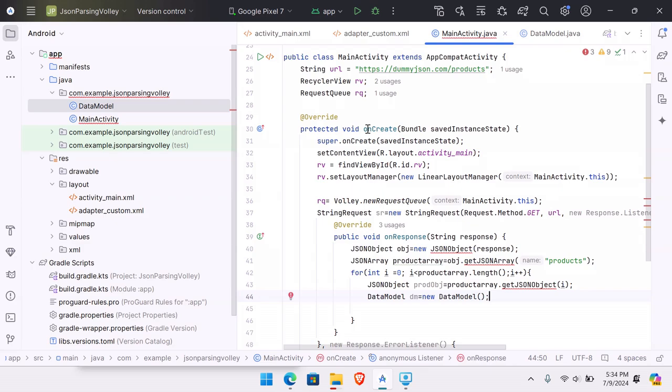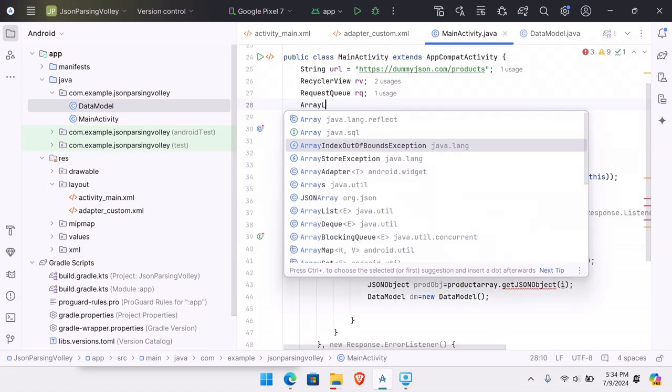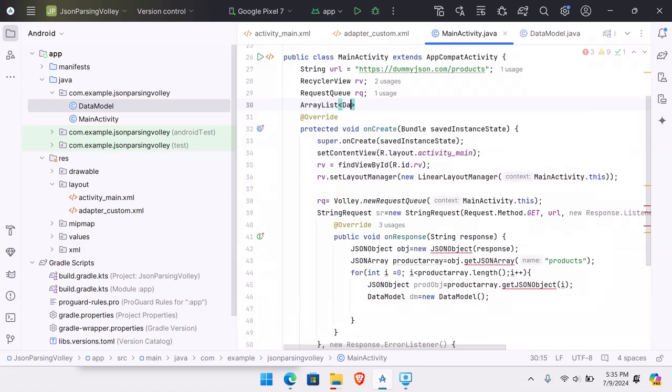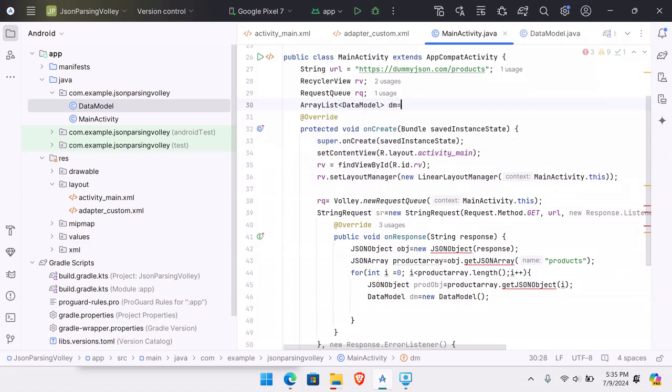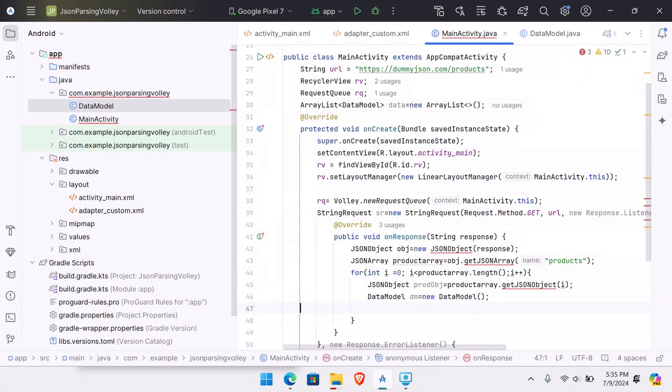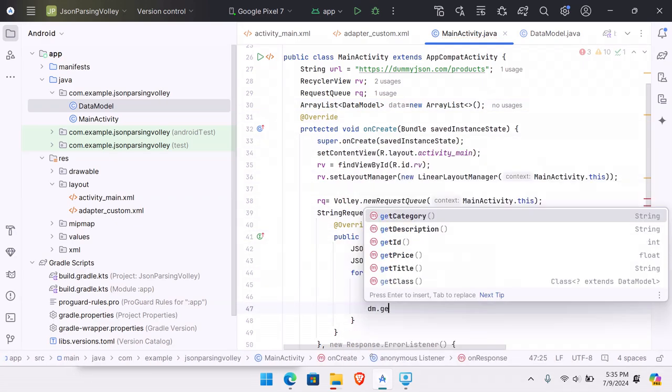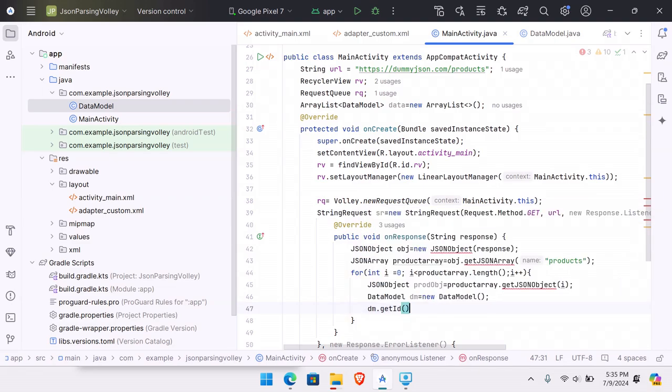But before this, while we are reading our object or parsing our data, we also need to save it. So I'm going to create an array list of type data model, dm, not dm but adm for now. Just write data equals to new array list, semicolon. Now we're going to start parsing our data. So first of all, we're going to get our id. So dm.getID